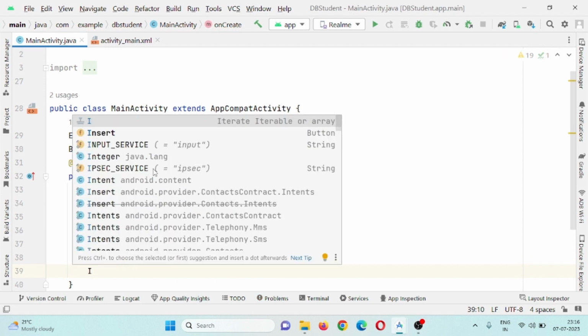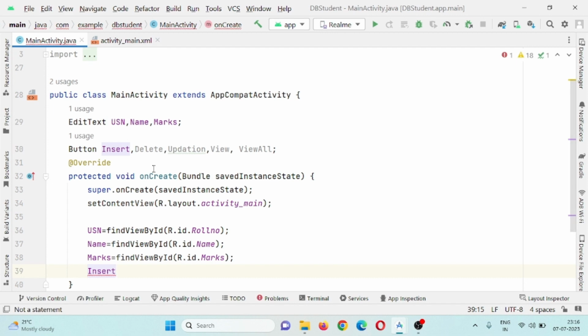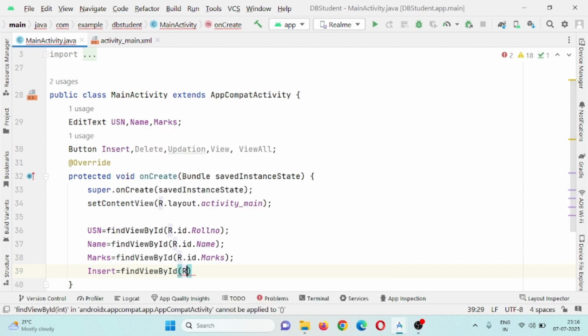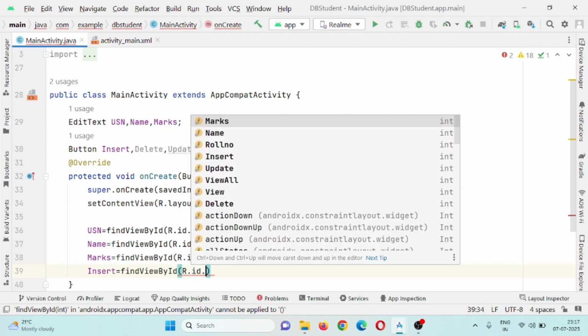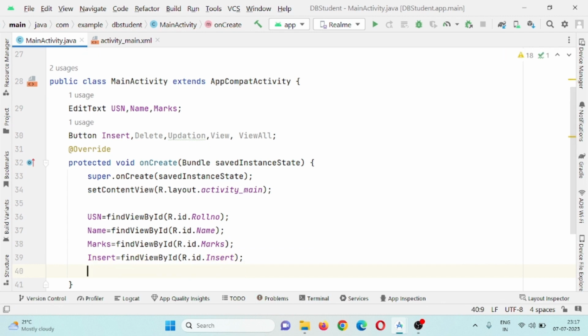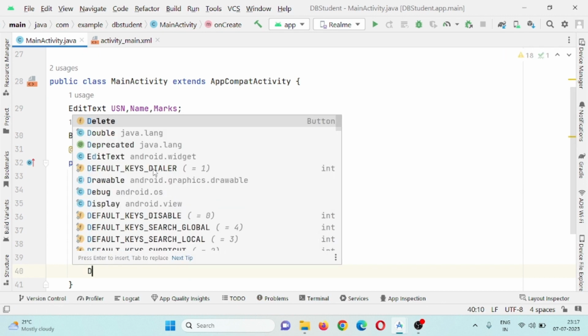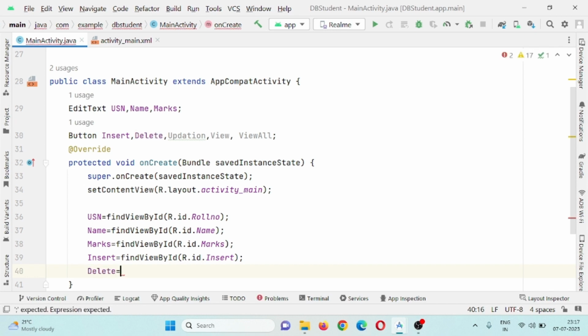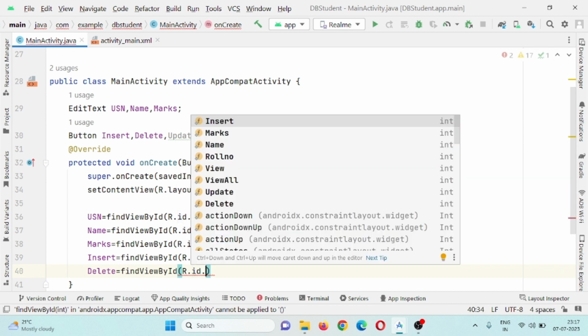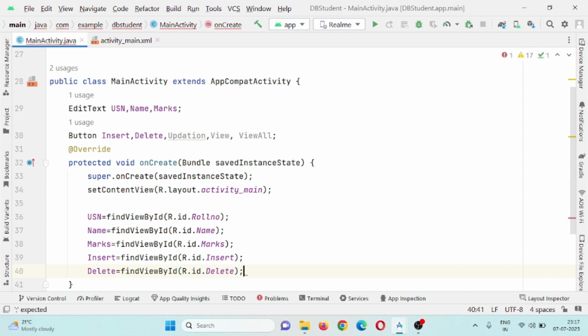insertion, insert equals findViewById R.id. insert, delete, findViewById R.id. delete,